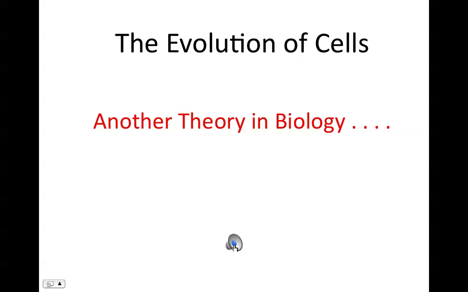Now, an observation looking at the relatedness of different organisms and also looking at archaeological evidence, geological evidence, and comparative anatomy. Scientists have developed another theory in biology called the theory of evolution. Evolution is a mechanism that can be observed in organisms. We can even set up little experiments to design and demonstrate that the process of evolution is simply a mechanism for adaptation to an environment.